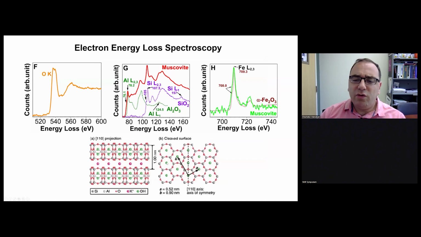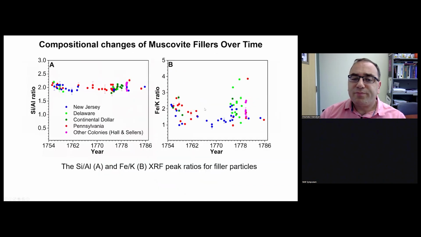We also did lots of analysis. I'm not going into details here. So we did valence state analysis. And then we proved that there is also some iron inside muscovite, a small amount of iron. We confirmed that it's muscovite, it's a mica crystal. Then we turned to a simpler technique to analyze the ratio of silicon and aluminum in these materials and plot this